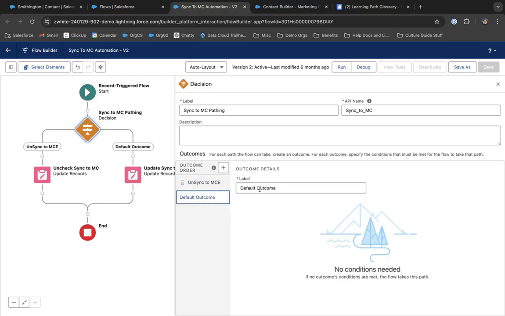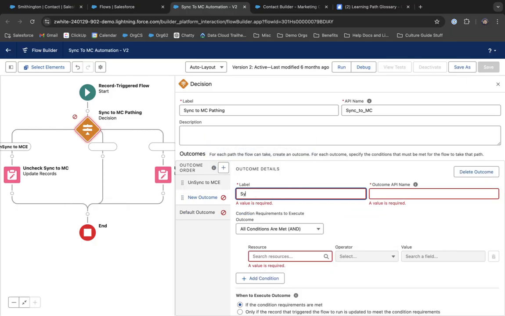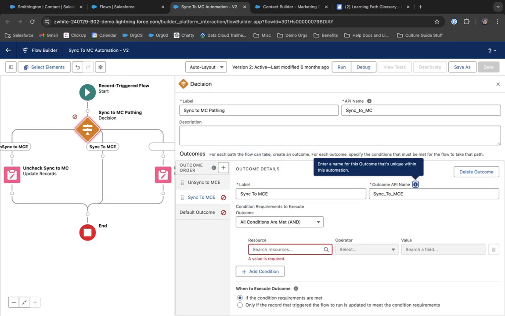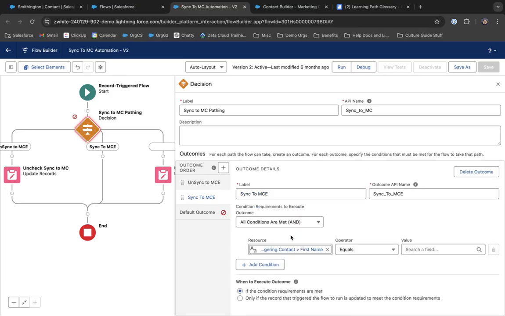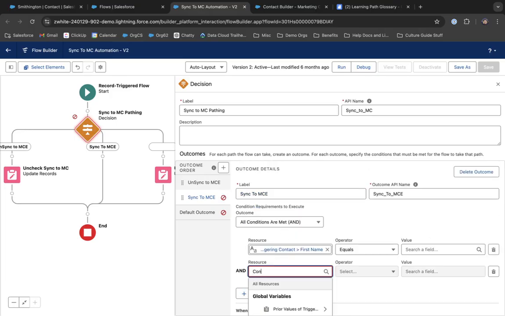And on my default outcome, I'm actually going to call this one, oops, I need another path actually. I'm going to call this one sync to MCE. And then I'm going to say if I have contact first name and email address,